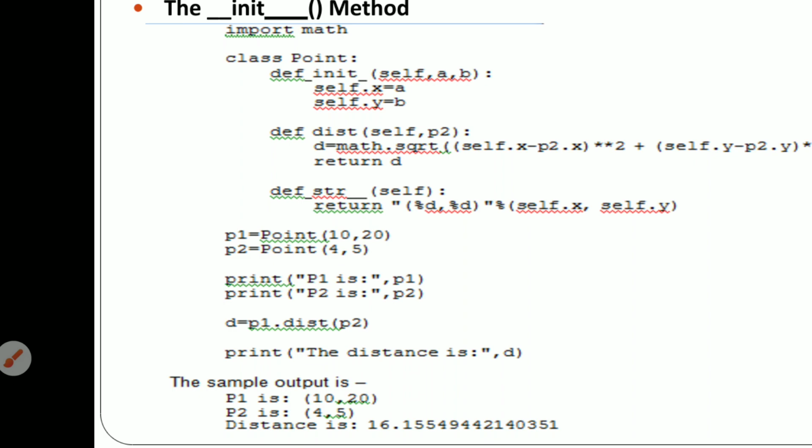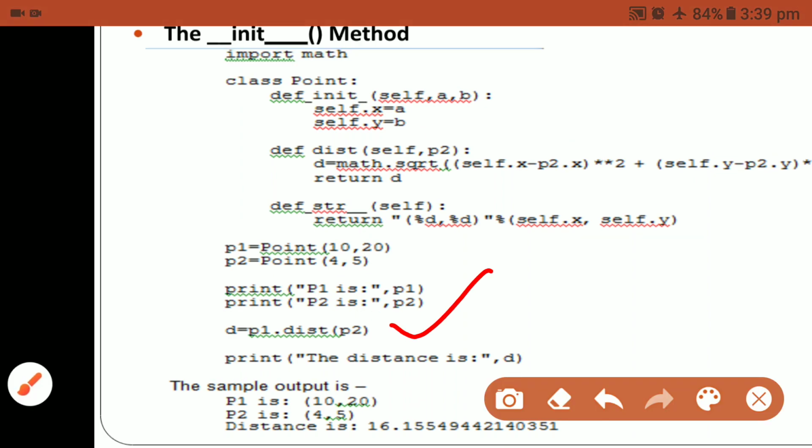And next, after using the p1 and p2 objects, you can print the p1 and p2 objects. And next I'm using d equal to p1.distance(p2). This is an ordinary method of the class Point.